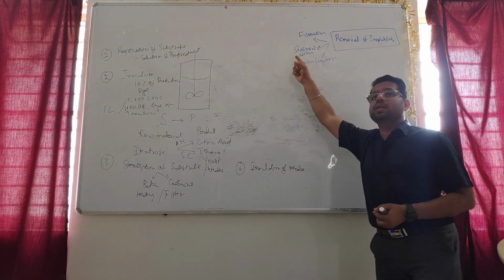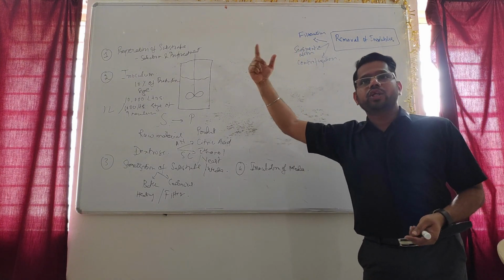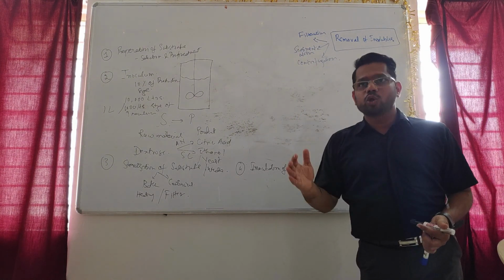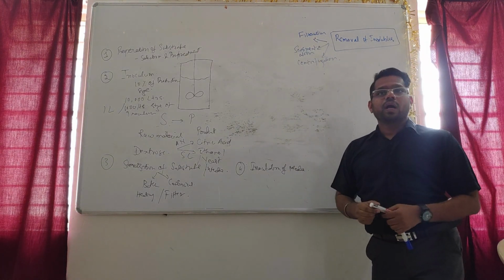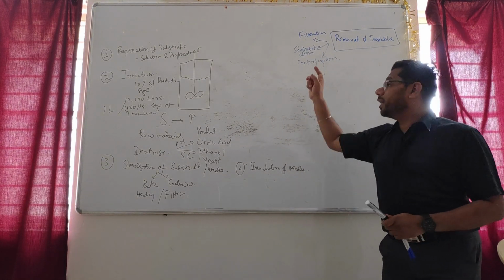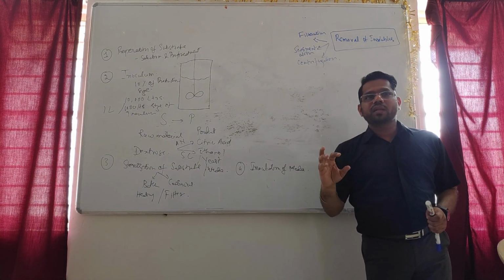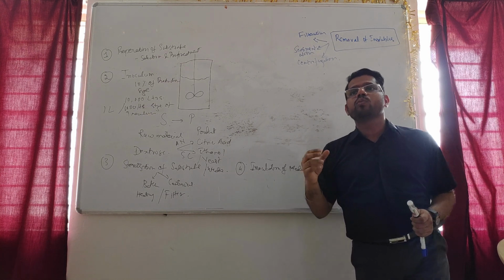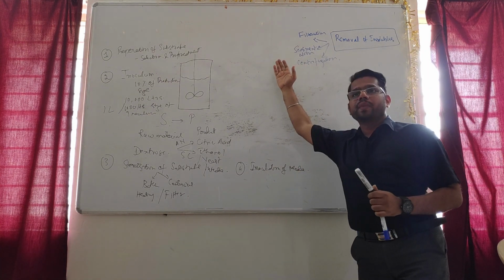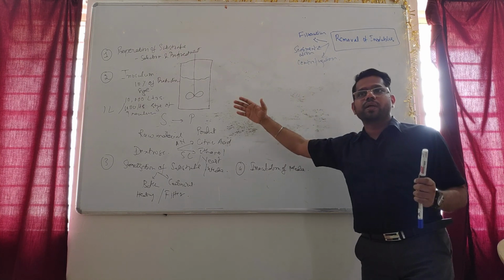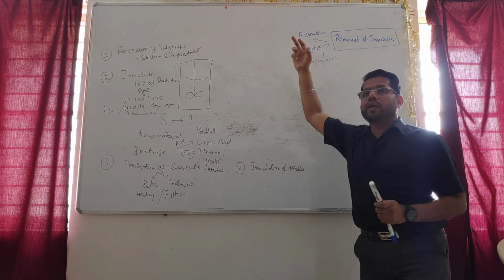When sedimentation is inefficient, or when you cannot use sedimentation to remove all the insoluble materials, I can go for filtration. Because sedimentation can remove the larger size particles, but smaller and finer size particles will be difficult to remove. So at that time, my sedimentation will fail, because it can remove only larger size particles. So I have to go for filtration.